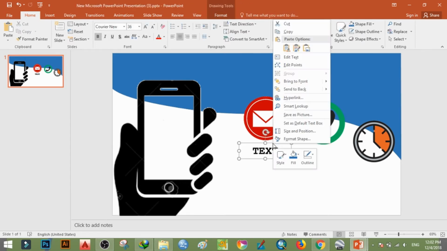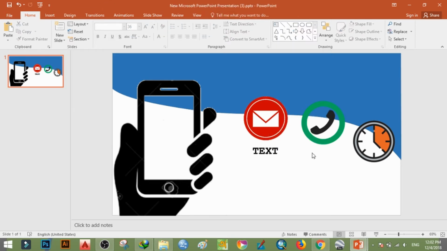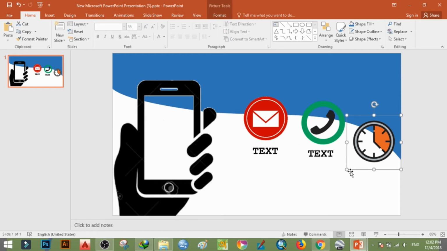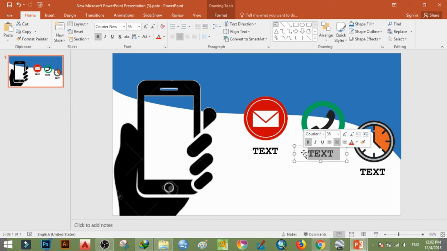So you don't need to again and again do the process, so you can control C, control V. Again control V. So you can now rename